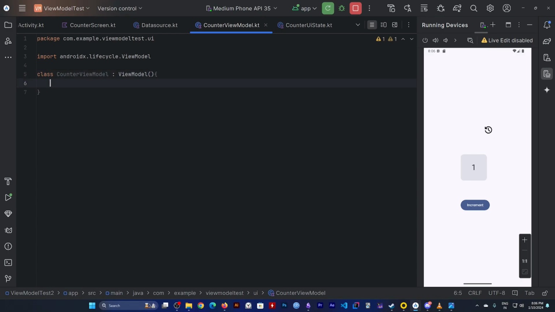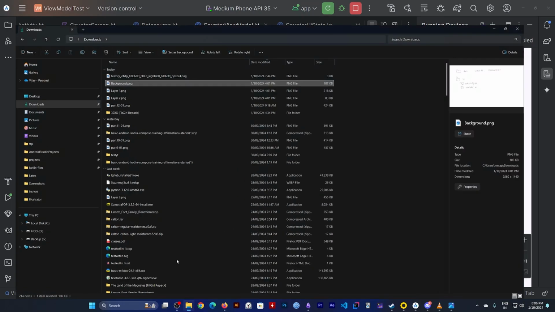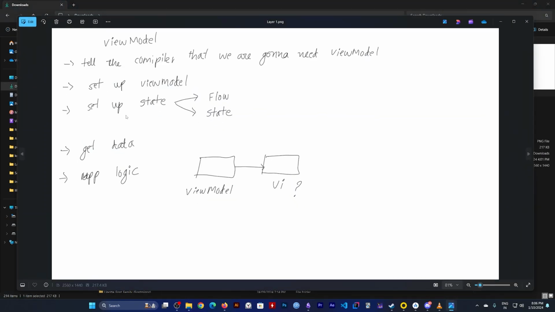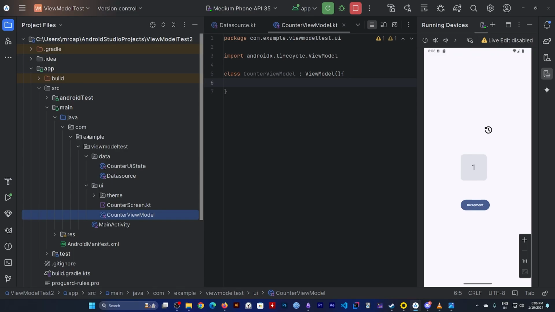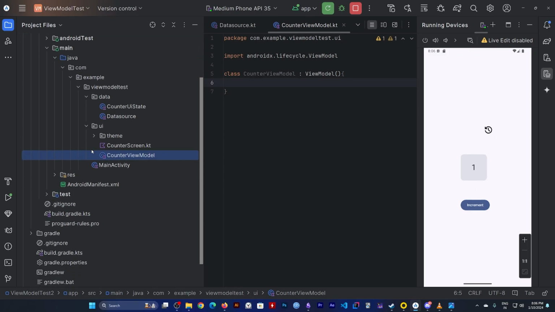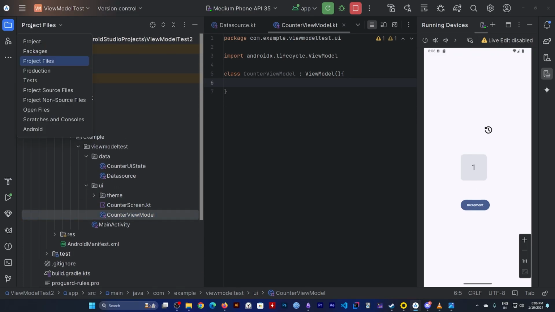Okay, that's step one. I have steps for this. Let's go. Tell the compiler that we are gonna need the view model. Okay, I skipped that one. Well, in order to tell the compiler that we're gonna use a view model, we need to go to the